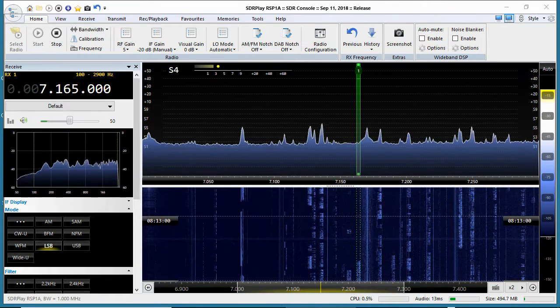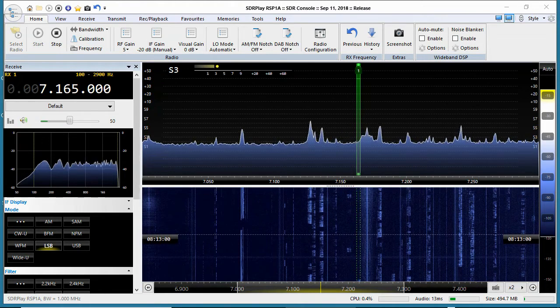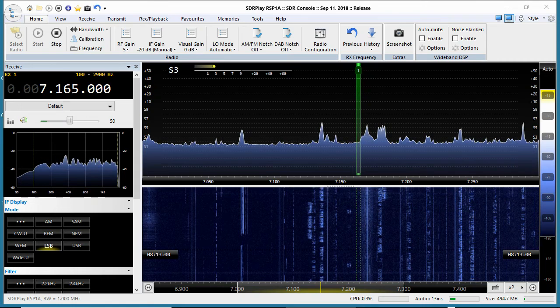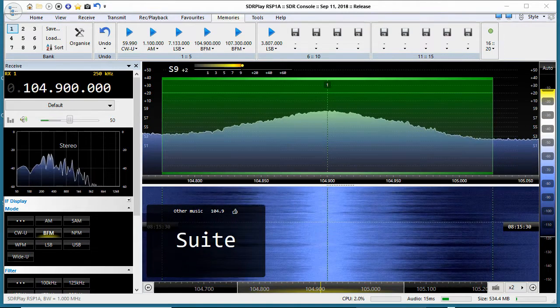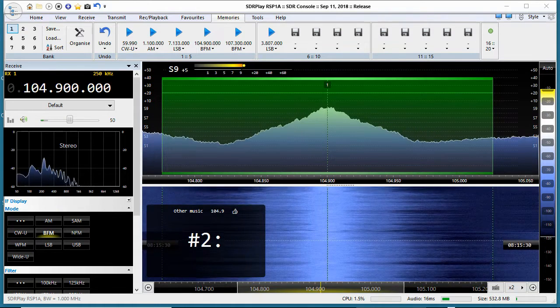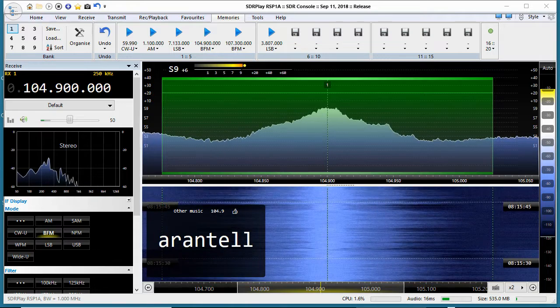Surprisingly, SDR Console does not require an EXTIO file, as does HDSDR. While offering some nice features, SDR Console takes some effort to master, and I didn't spend a lot of time with it. Although, all things considered, SDR Console is turning out to be my first choice for use with the